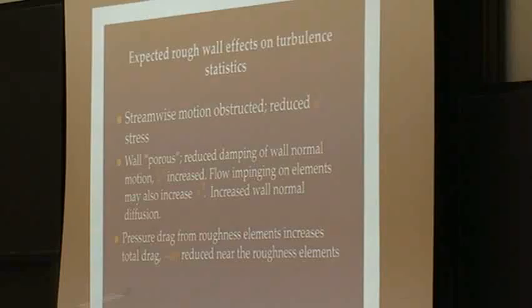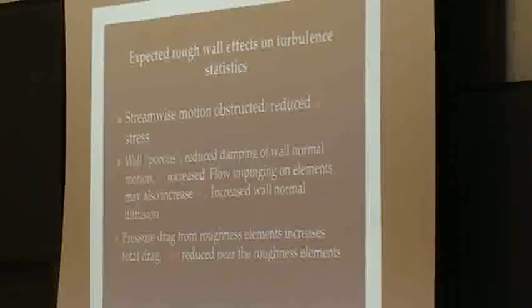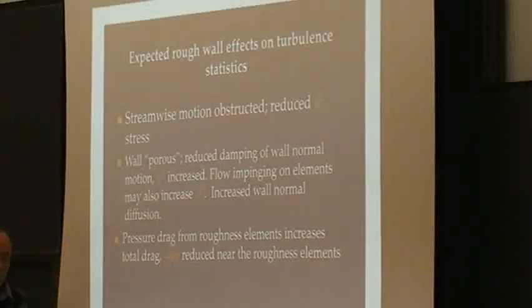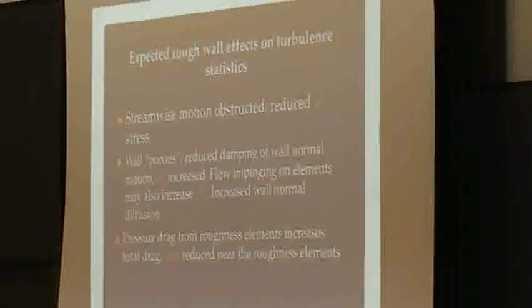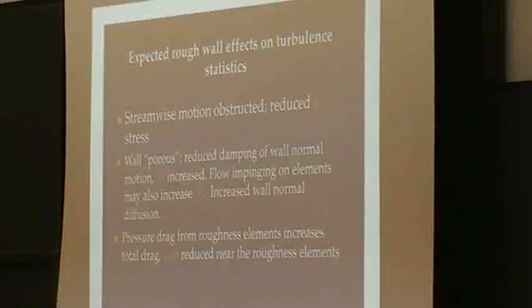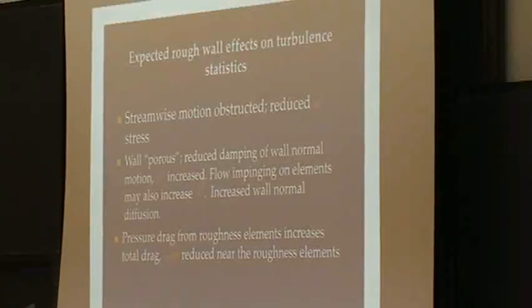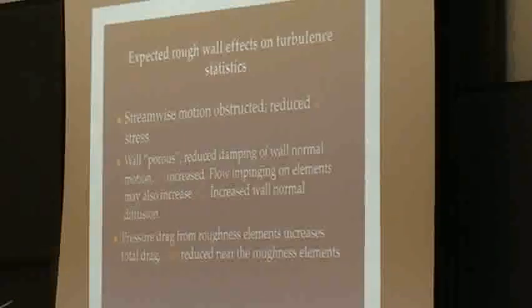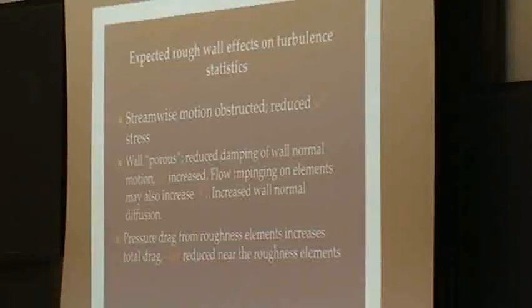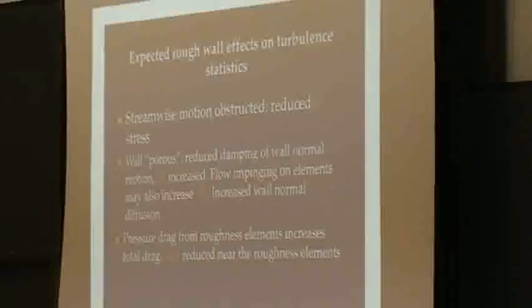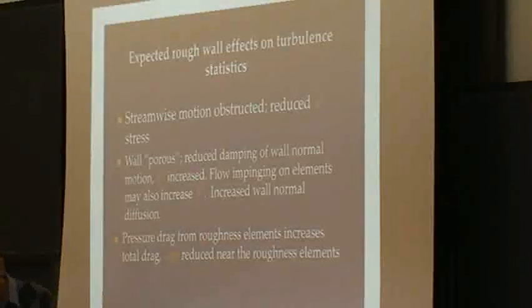And if that's the case, then we would expect also to see something. When you say V squared, it's V squared normalized with U tau squared. Yes, sure. All the stresses, if you don't scale them, are increased. Yes, that's good. And then, of course, in the case of rough surfaces, you will have a lot of pressure drag. In fact, very quickly you will have almost a total dominance of the pressure drag, and therefore you expect something to happen to the shear stress as you enter into the rough wall region.